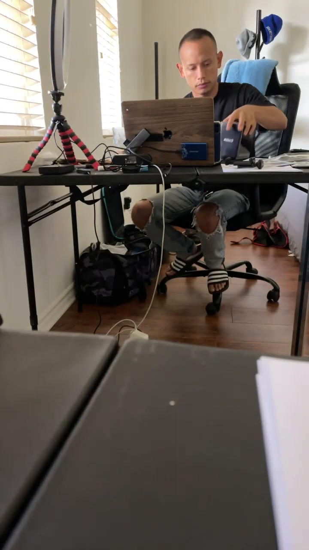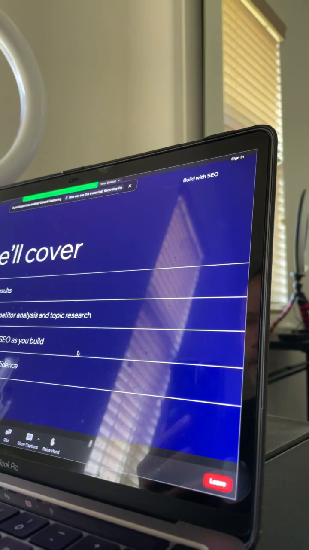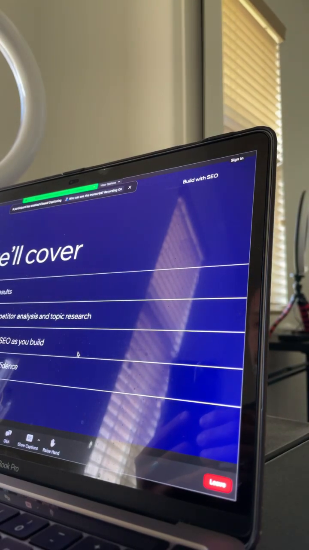Analysis and topic research as a web designer and with web design in mind, and how you can use built-in Wix features to improve SEO as you build, and how to launch your site with SEO confidence. After that, we're going to be taking some Q&A questions, so put those in the Q&A, and we will go